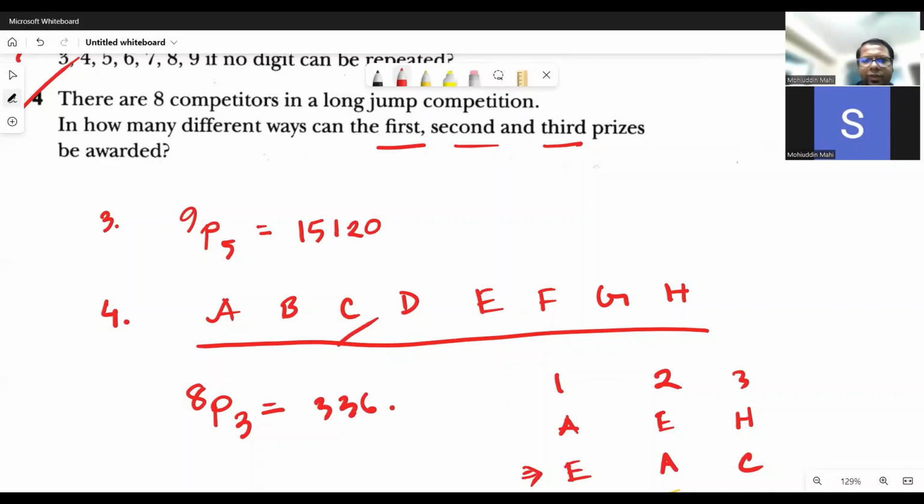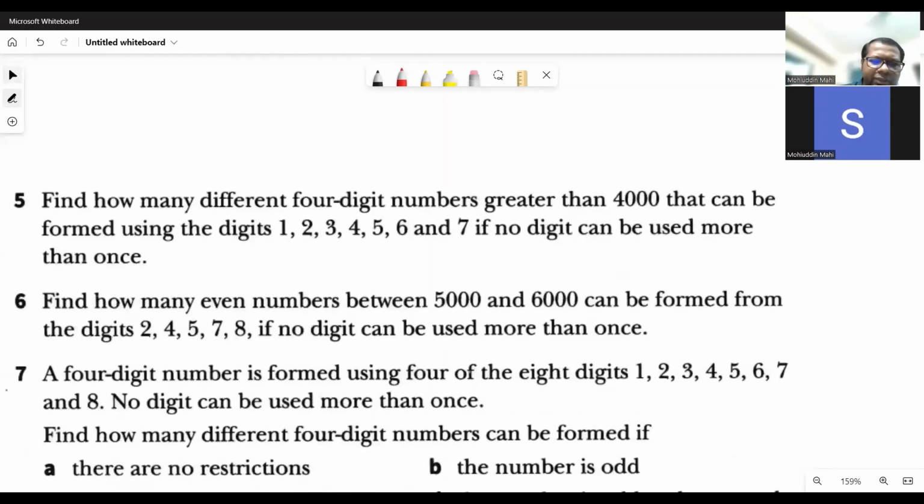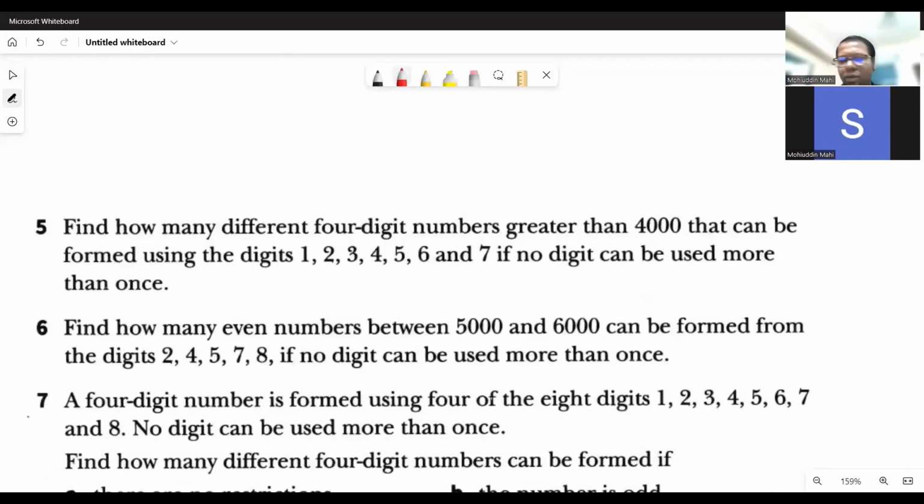So let's move on to question 5. In question 5, find how many different four digit numbers greater than 4,000. So you can say that as we are proceeding in this particular exercise, the questions are getting difficult. I mean, they're giving us more conditions. You have to consider multiple things for solving the questions as we are moving forward in the exercise. And to be honest, this type of question, 5, 6, 7, 8, you will get in your exam. You're not going to get questions easier than this. The questions are going to be harder than that, but not easier than the questions we're going to solve in